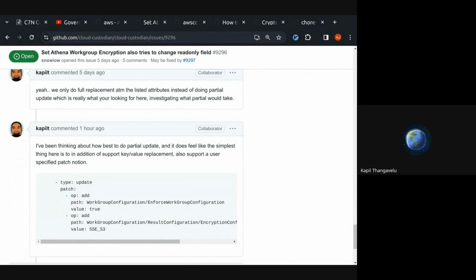So if he sets worker configuration, we're going to replace the entire worker configuration, which is not what he actually wanted in this case. He just wanted to enable encryption, for example. And so that wasn't aligned to what his underlying goal was, even though we fixed the create read property stuff. I wanted to actually address the underlying issue, because otherwise it doesn't actually fix the issue.